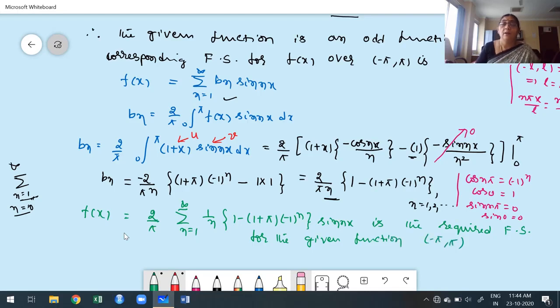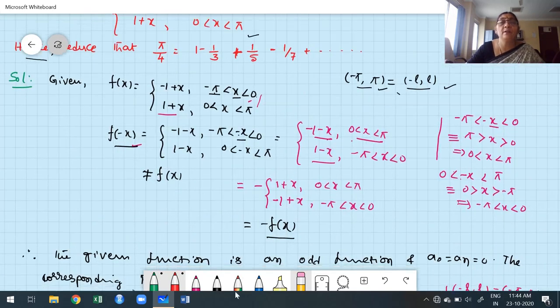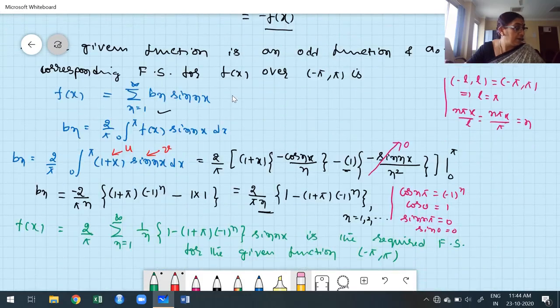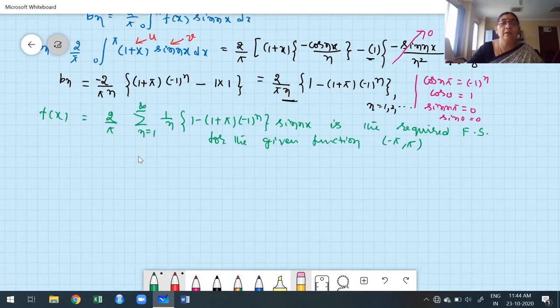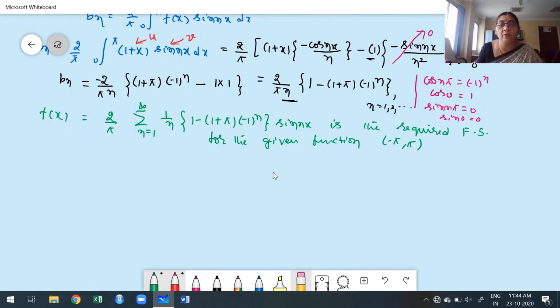Okay, fine. Now I want to deduce some result. What's the result I want to deduce here? The result is pi by 4. I'm going to write it because we have to be familiar with that. Then only I can carefully compare and choose the value. What is the deduce part we want? Pi by 4 is equal to 1 minus 1 by 3 plus 1 by 5 minus 1 by 7 plus etc. This is my required deduce part.